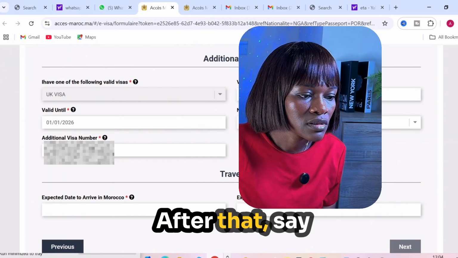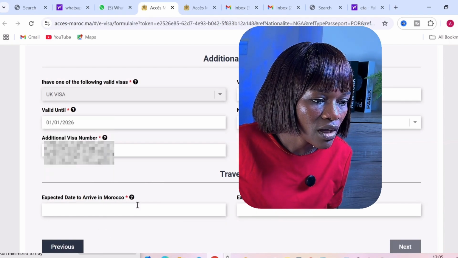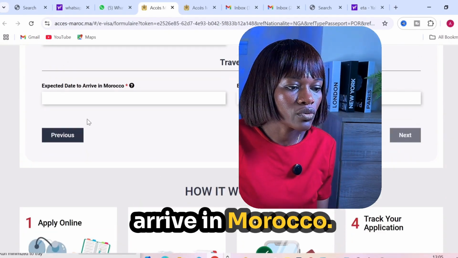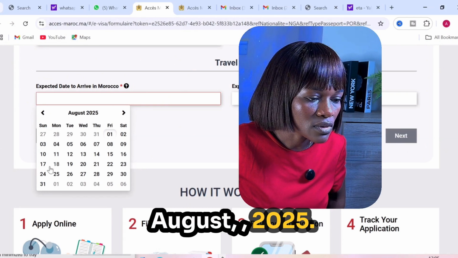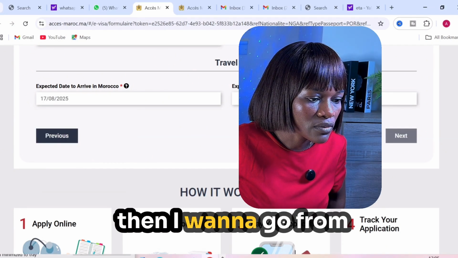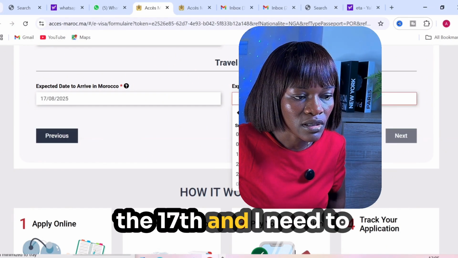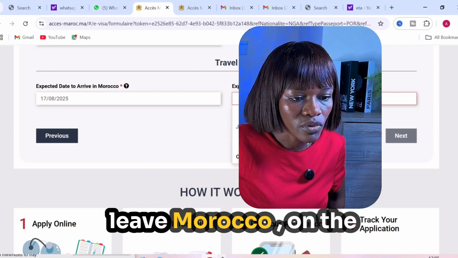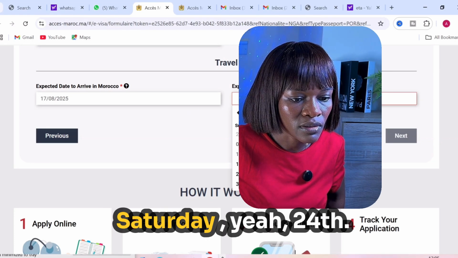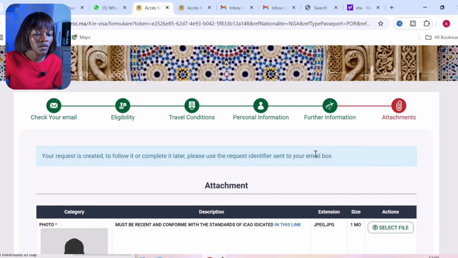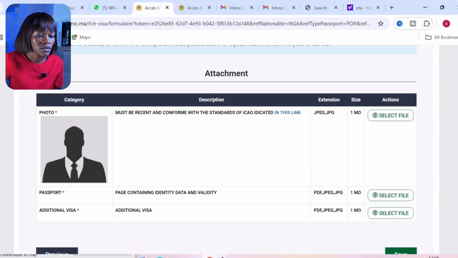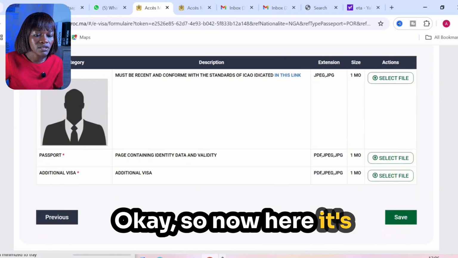After that, say expected date to arrive in Morocco. So here you need to put in your travel itinerary. So let's say I want to be in Morocco in August. I want to go from the 17th, and I need to leave Morocco on a Saturday, the 24th. Okay. If I'm leaving there and I proceed,